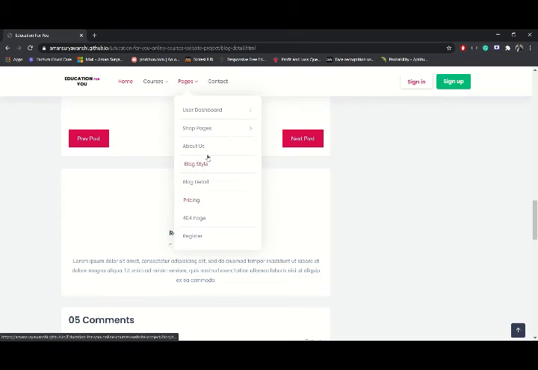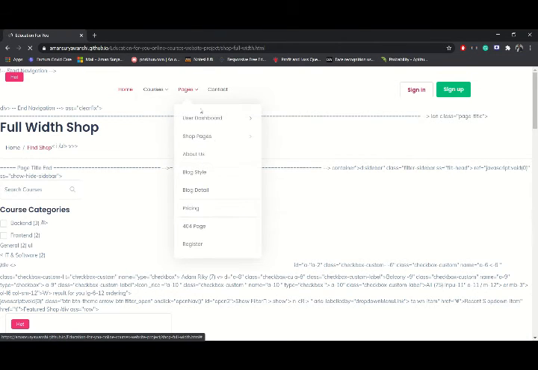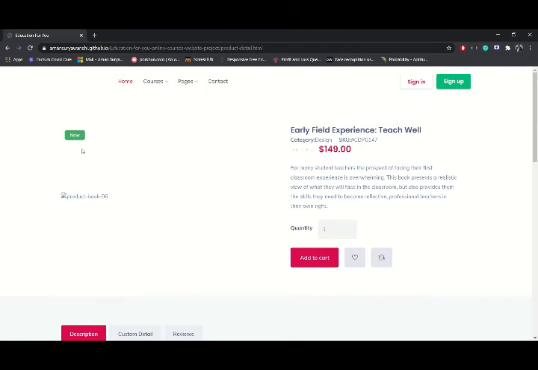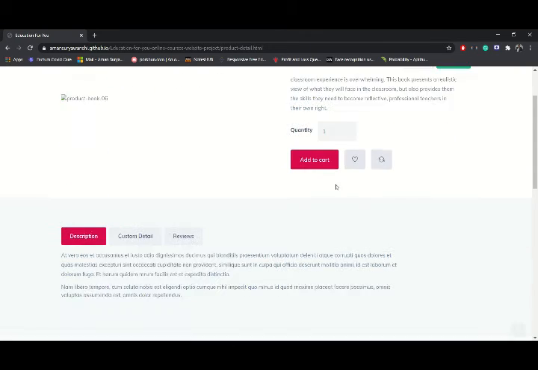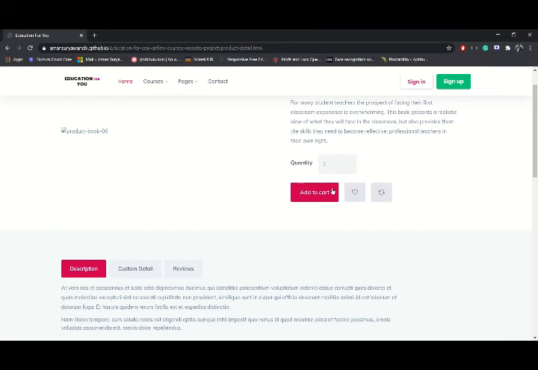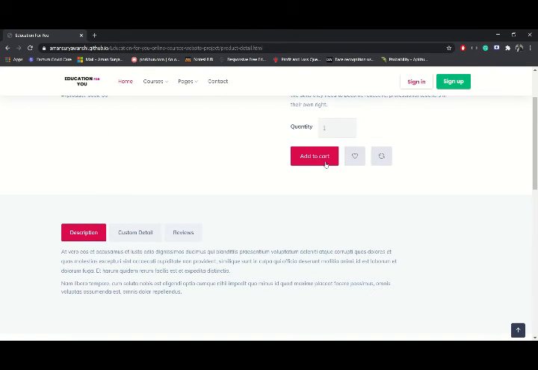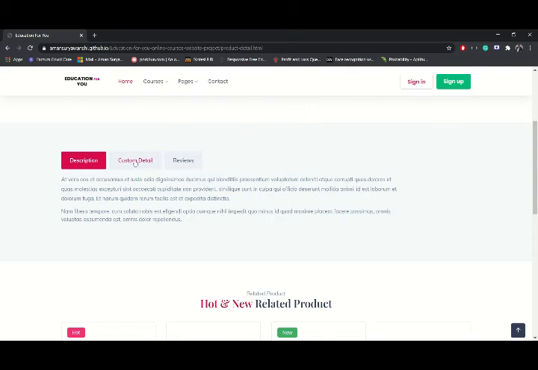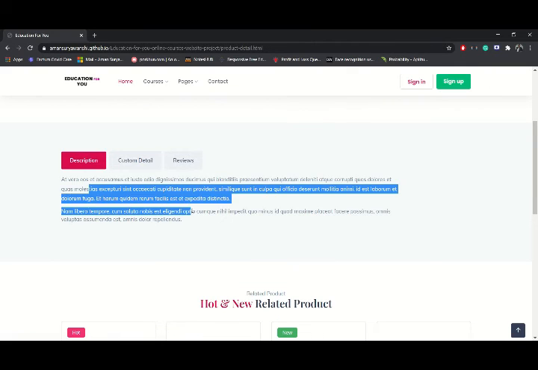And we also have shopping pages. For example, if we have to do some shopping, we have to buy some courses, so we can see here it is a course, and we can see the price. We can add it to cart, and it is also JavaScript based, so whenever we add to cart, it will show us. Then we have descriptions.